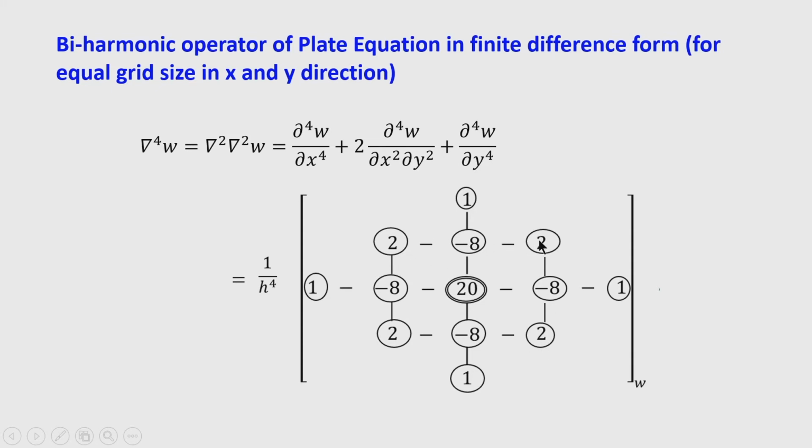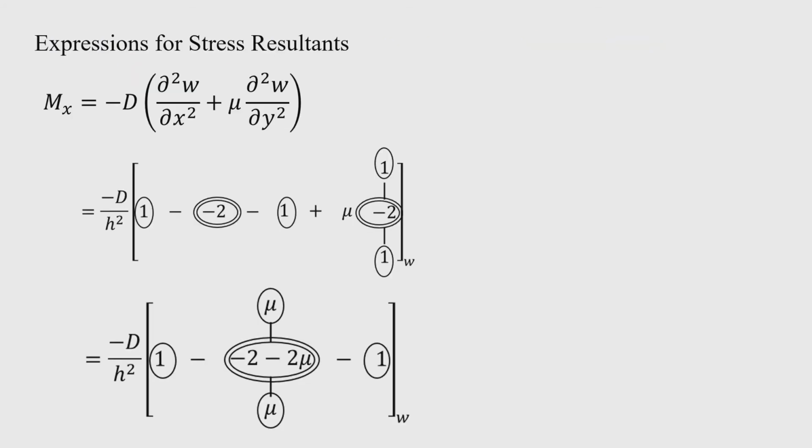So, 2 minus 8 2, and here also you are seeing 2 minus 8 2, and so 5 points need to be covered by this stencil in the central position, as well as the central horizontal position, as well as the central vertical position. Central position, I mean where you center the stencil. Centering may be done at the center node, or it may be at any other node, it does not matter.